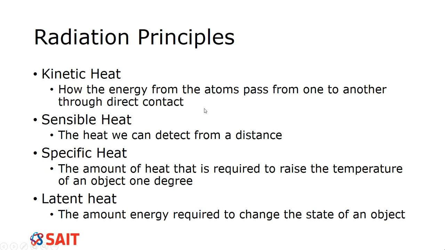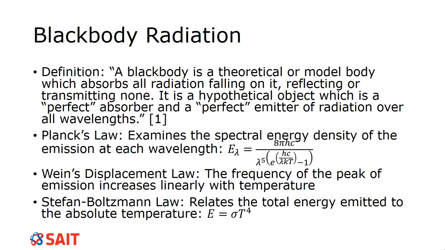Generally speaking, kinetic heat is like the surface heat, and that's actually what we want to determine, but we use sensible heat in order to detect it, and then we have to calculate what that kinetic heat actually is. So to do this, we have a special kind of theory that we follow, and that is known as blackbody